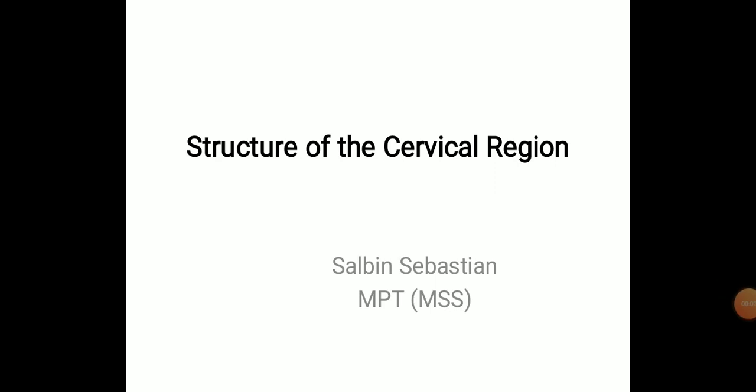Hi all. Today we will be discussing the regional changes, regional properties, or regional structure and function in the vertebral column. So today we will be starting with the cervical region. What is the importance of the cervical region? What structures make up the cervical vertebrae, what are the properties of the cervical region, what are the ligamentous and muscular supports of the cervical region, and what are its main kinetics and kinematics? Those are the things we are going to discuss today.